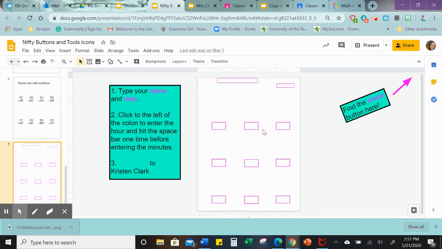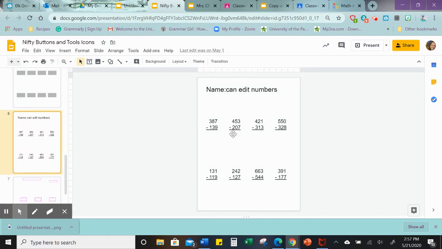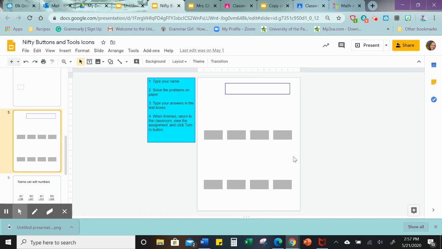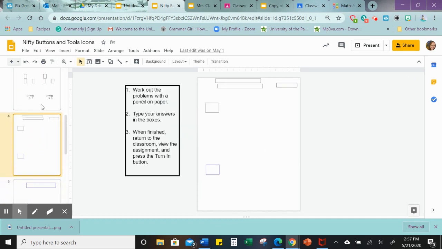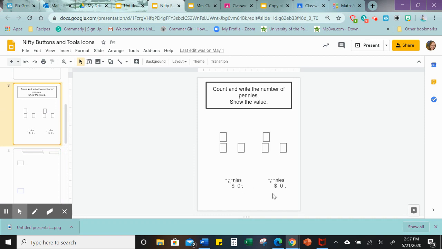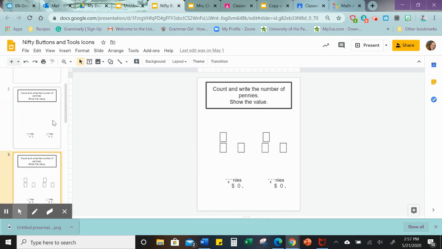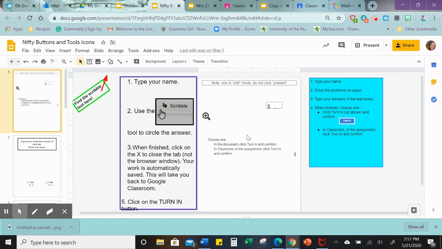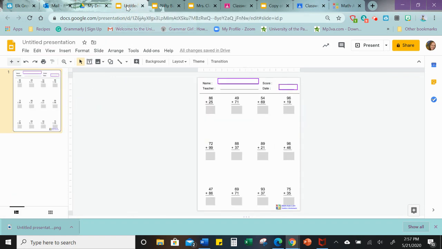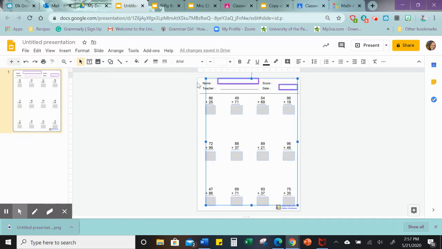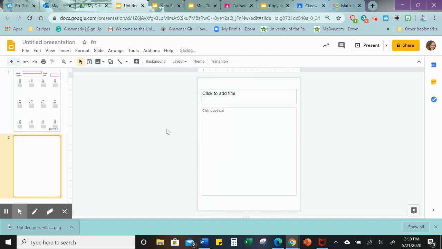So this was something that I used for telling time. I made a lot of telling time worksheets, so I just pasted the frame. These were problems that I made myself. You could edit the numbers, and then these were the text boxes to go over them. I used these for different things, different worksheets. So I just like to keep those things there. Now, what I can do here is I can Control A to select all of them, Control C to copy them. Now, when I come over here,